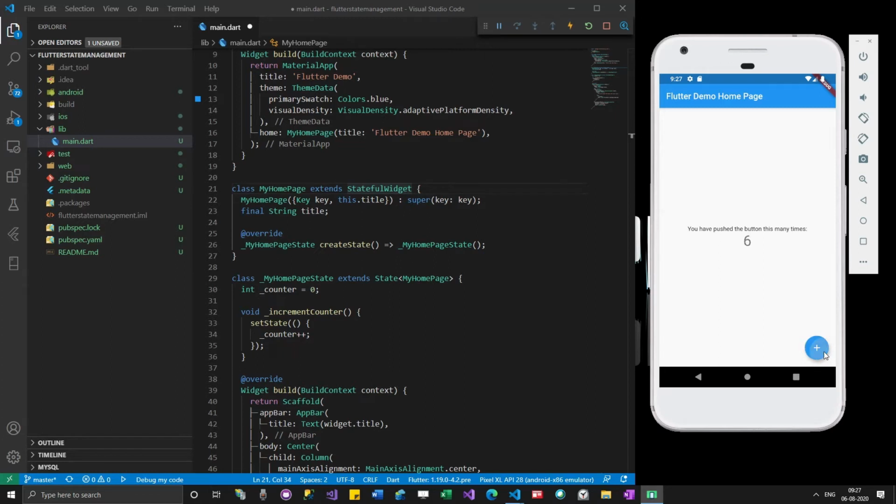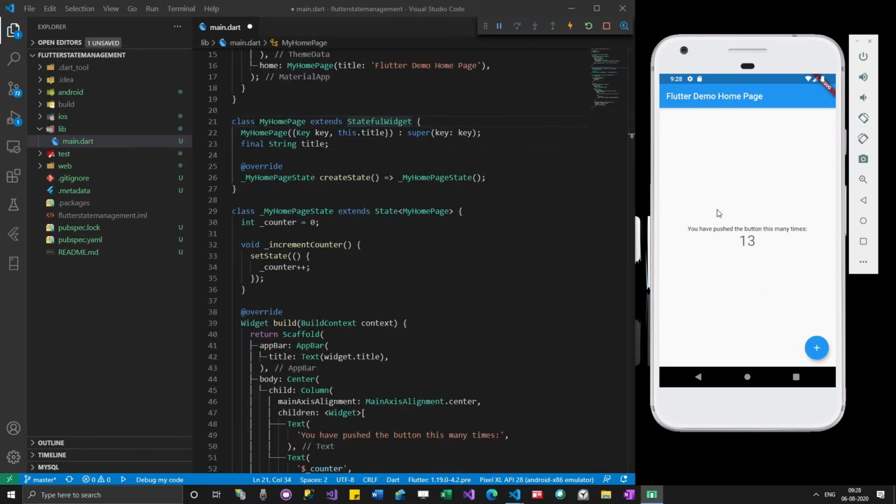So we are making this app responsive to user inputs, right? I am the user who is clicking this button, and you can see that this number keeps growing. This is what is meant by state management in Flutter. So far we have only tried user interfaces.